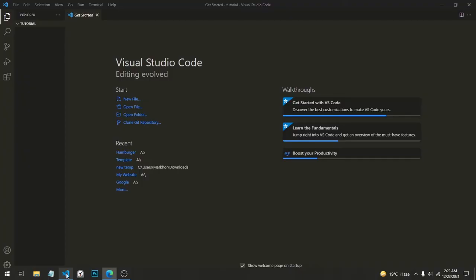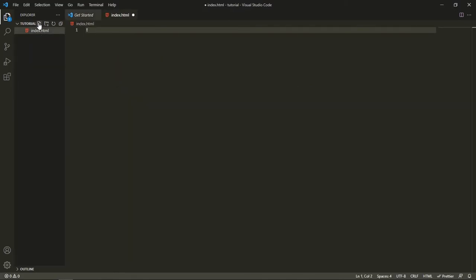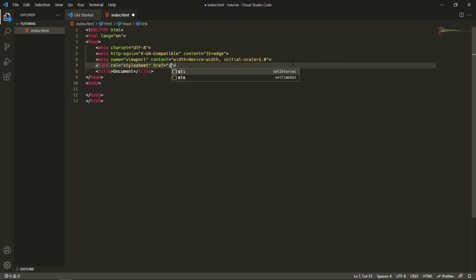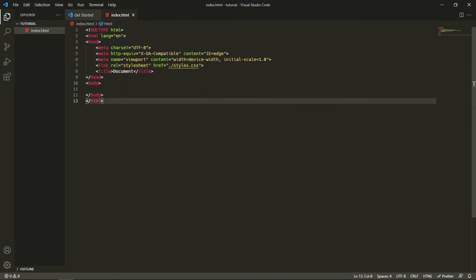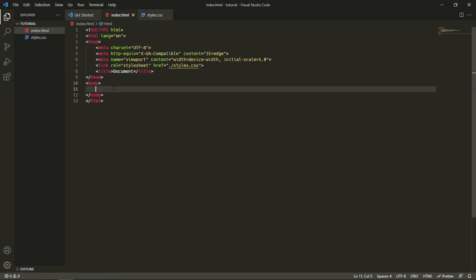I will go to my Visual Studio Code. I will make a project, index.html. Here I will link my CSS, styles.css. Okay, and here we will make a file name styles.css. Here I will write h1 and I will like here is the